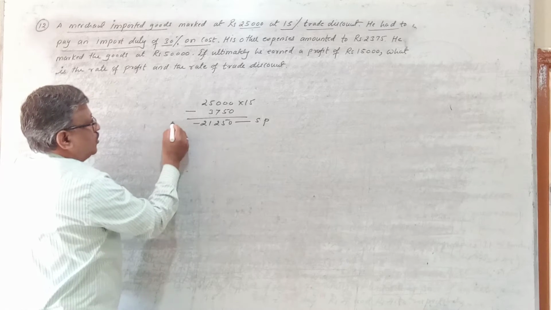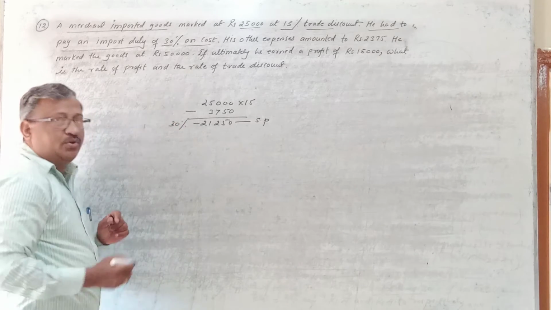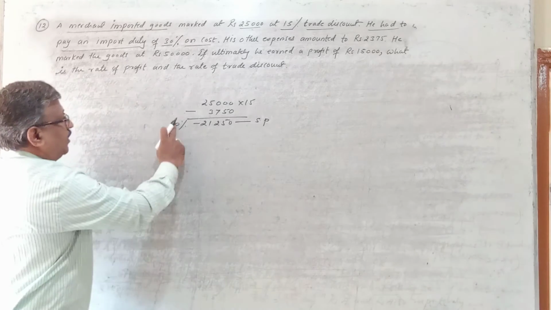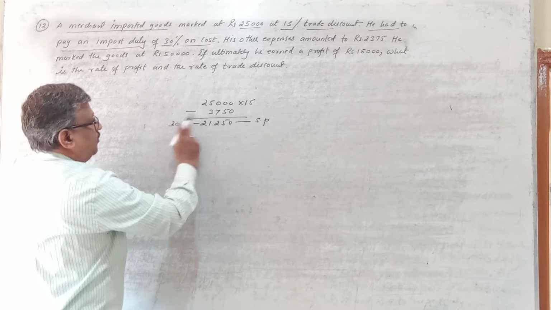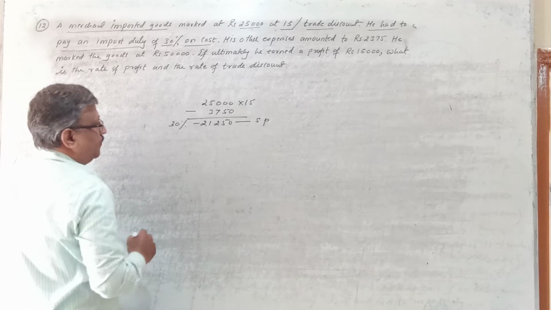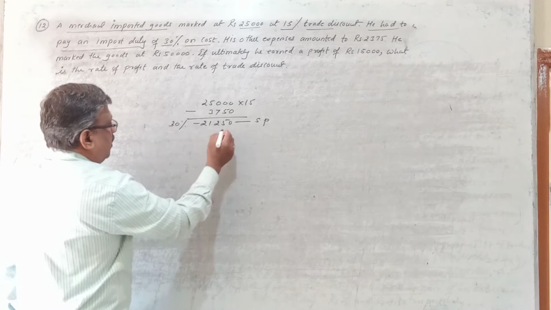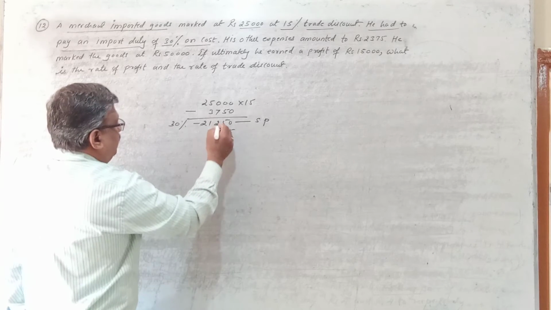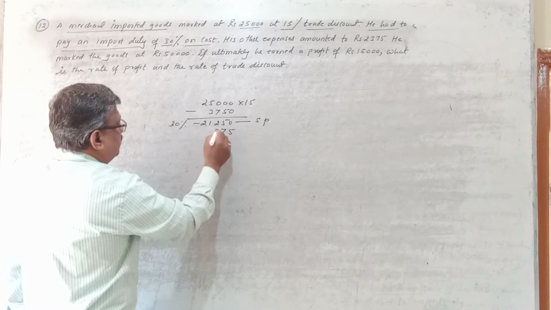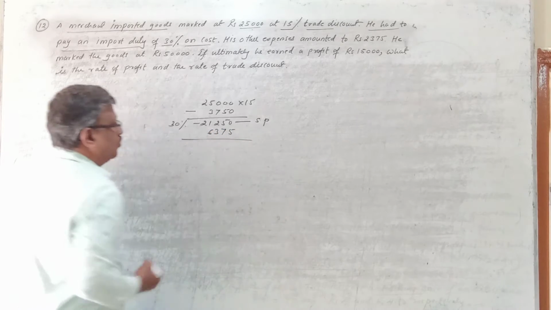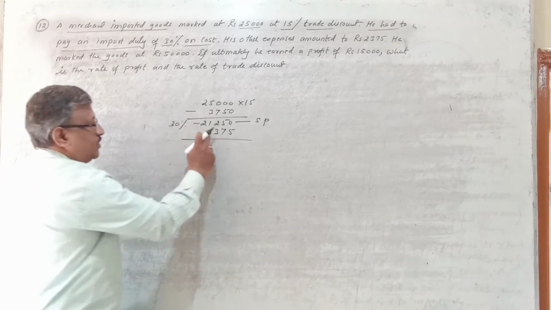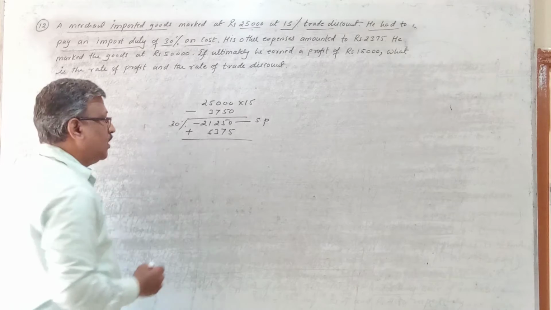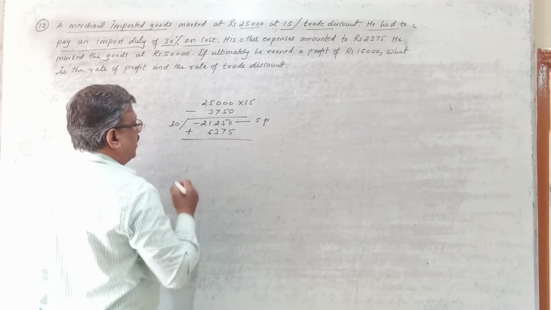This is the cost to the importer, so on this cost, how much duty does he have to pay? Import duty, import tax, which is 30% of this cost. So you have to calculate 30% on 21,250 rupees. 30%: 3 fives are 15, 3 twos are 6, 7, 3 ones are 3, 3 twos are 6. It comes to 6,375 rupees tax that the importer will have to pay.